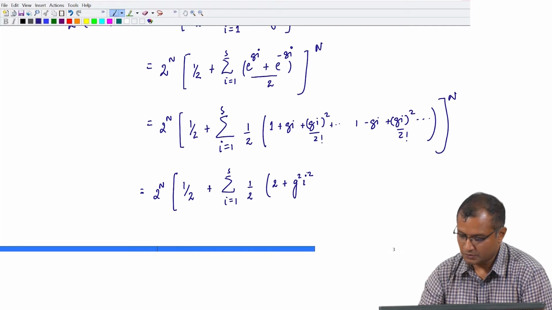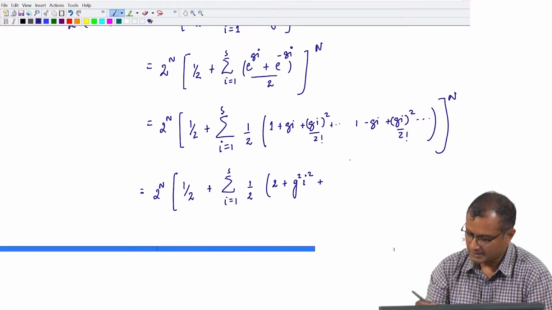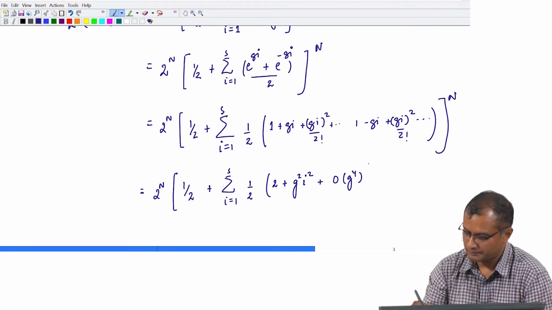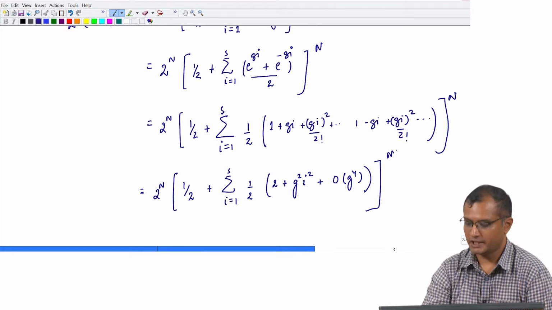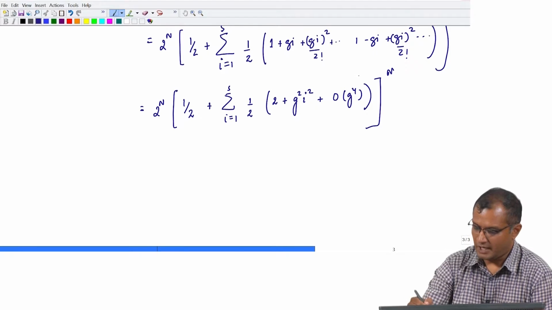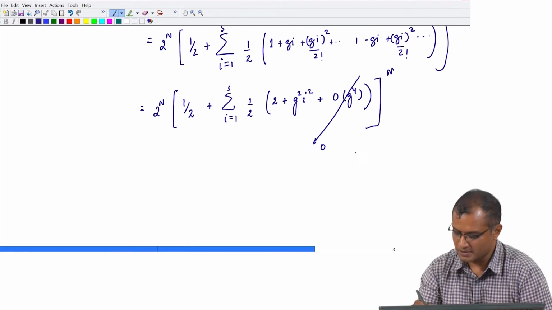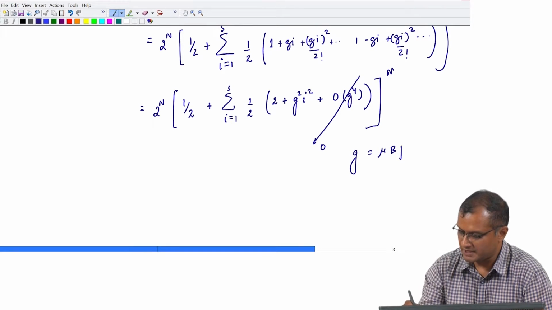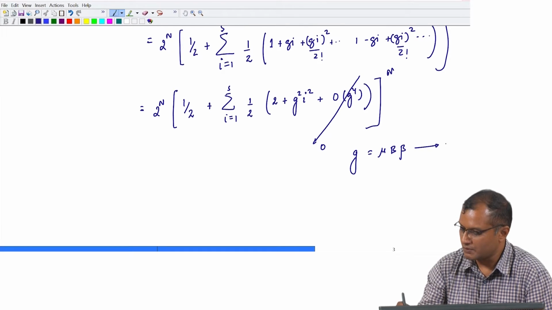And so what I get here is basically the next term would be order G4 that I am going to drop. Now I am going to drop terms of the order G4 and above, because G, if you recall, is mu B beta, and this goes to 0